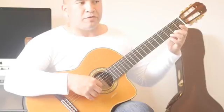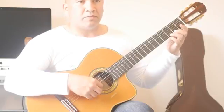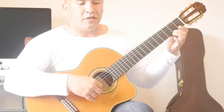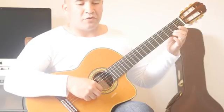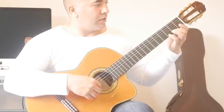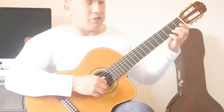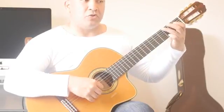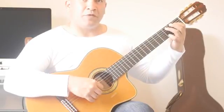Open D and a pull off from 3 to 2 on the 1st string at the same time. Then an open E, then open D and 2nd fret on the 1st string. That's another accidental, that F sharp. And I would recommend using the 4th finger here, because that allows you to keep your 3rd finger free for the next chord. From bar 9,